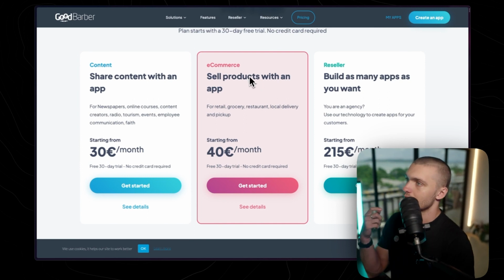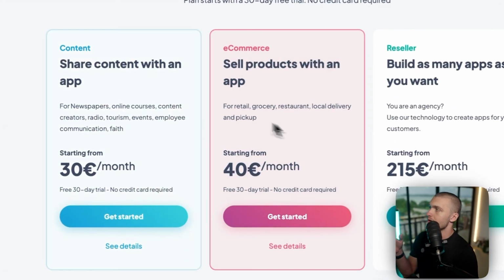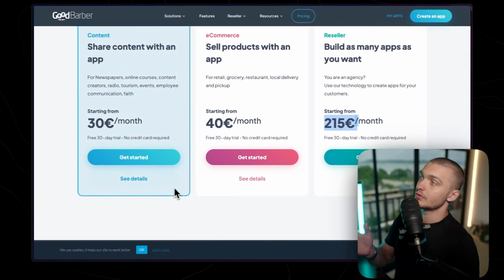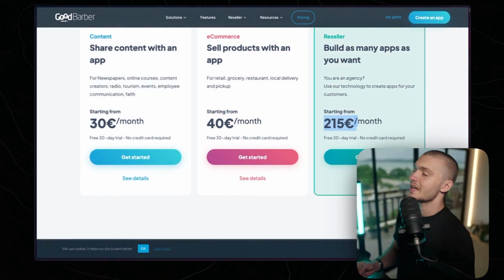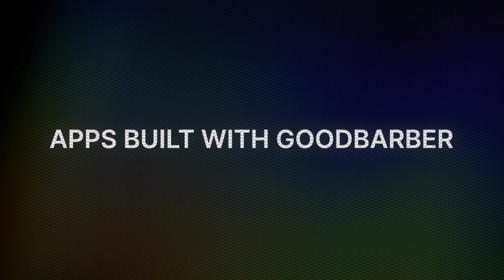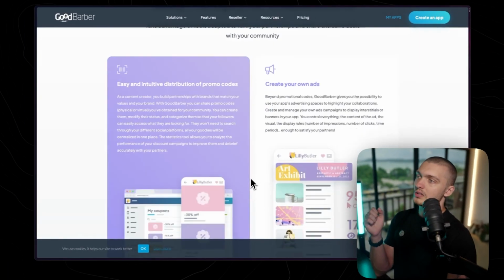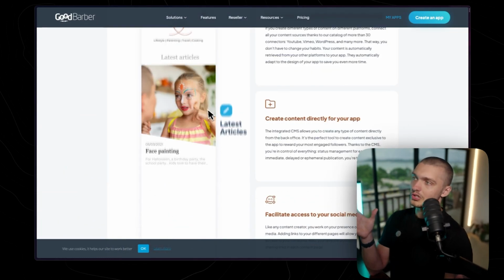So if you want to build like an e-commerce store, it'll be 40 euros a month. If you want to build an online course, I mean, the pricing is really straightforward. You don't have to like sit there and compare all the different plans. If you go to their website and you go to the solutions, you can actually see the kind of different solutions that their apps can be used for, and they actually like break down the different functionality that can go